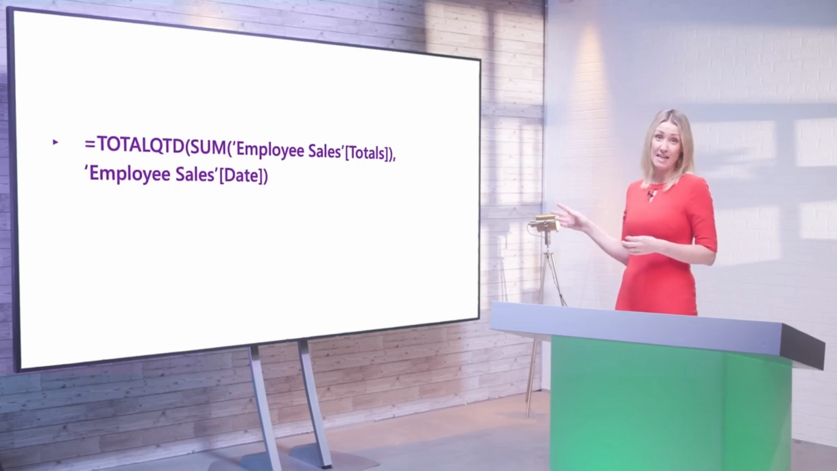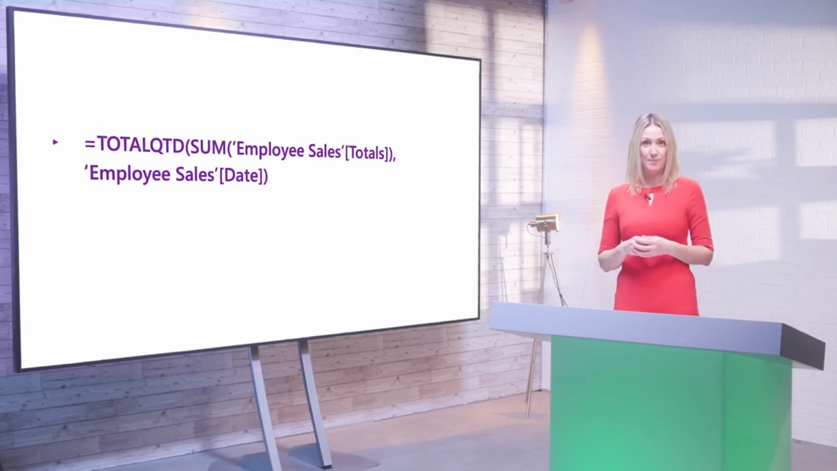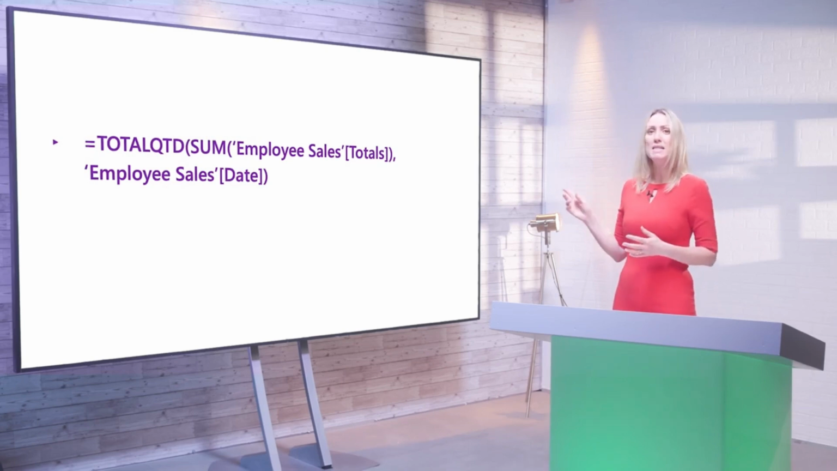For example, this DAX expression joins 2 tables to return the total sales for the current quarter. You would use total QTD and the sum total of the employee's sales within a specific date range. You will find a brief summary of DAX categories of functions that you can access as a reading material after